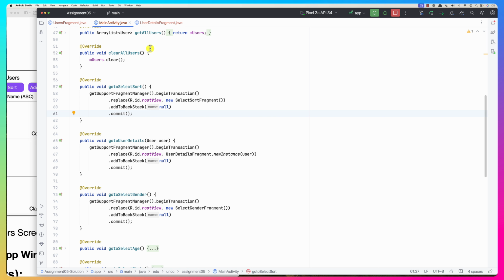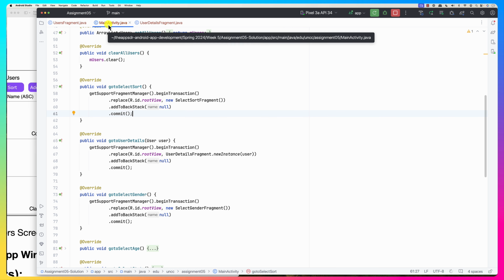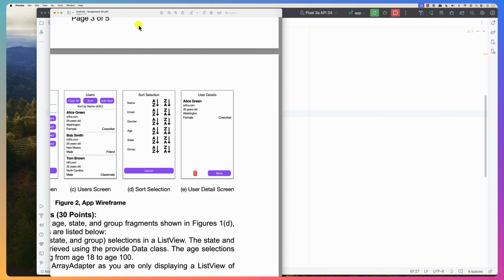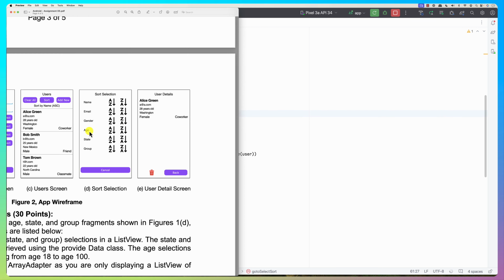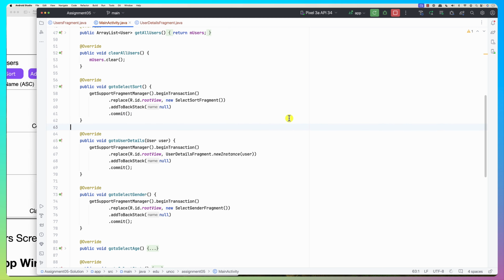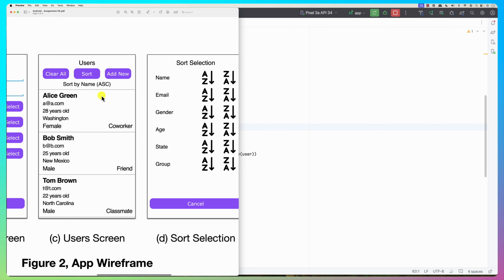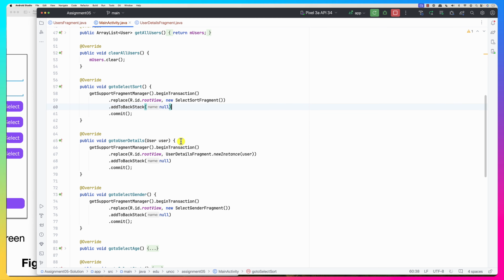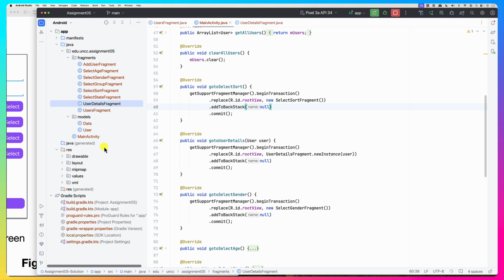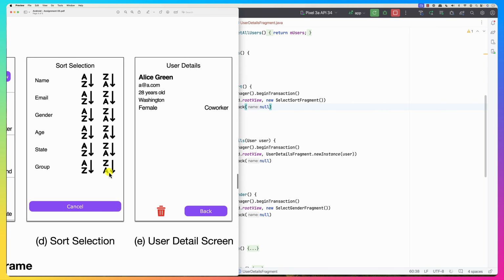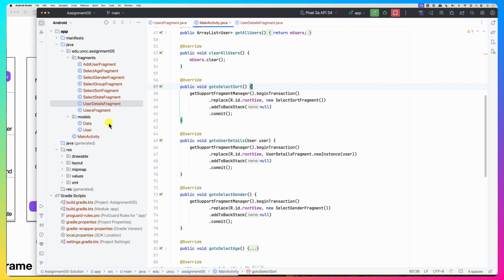Now what I want to do is identify whether I am sorting in ascending order or descending order, and how I am sorting, right? I need to figure out how I am sorting, and I am sorting by all these values. So basically I have to say sort by what, and is it ascending or descending? Okay, good. Let's have a look at the sort fragment. These are all the images that I can click on, right? So I need to send back the